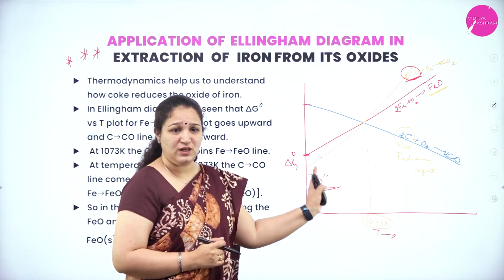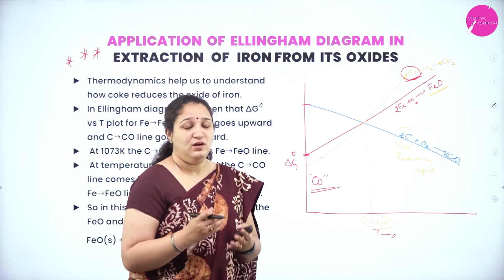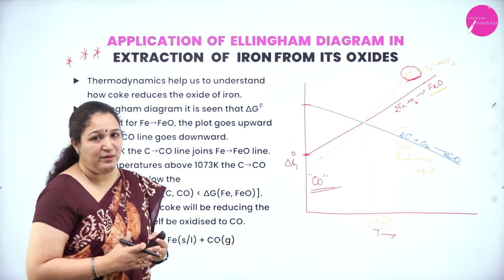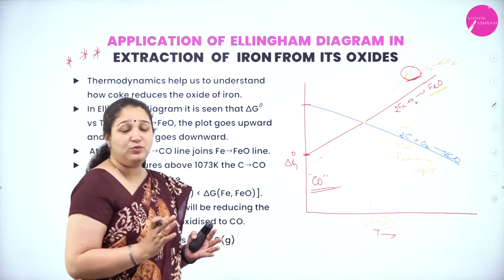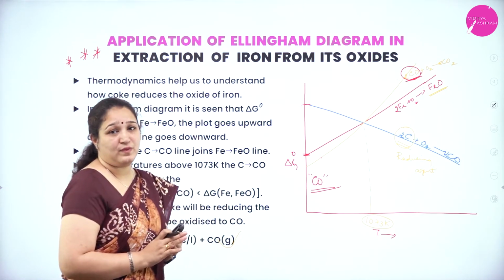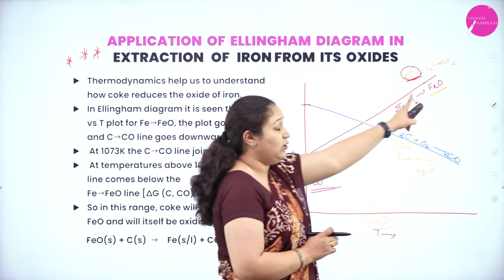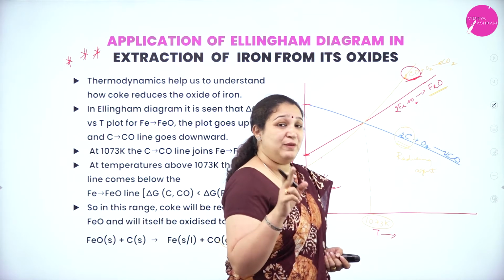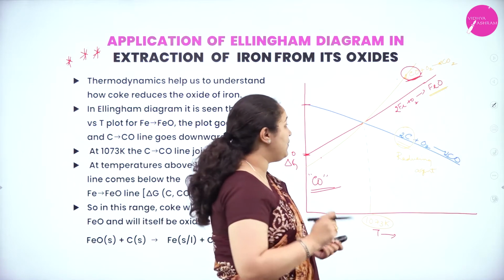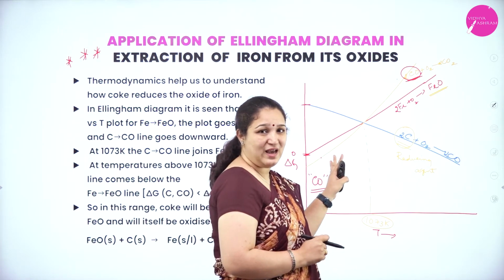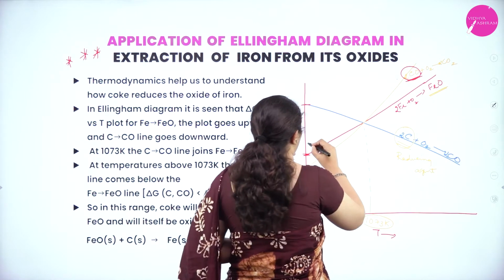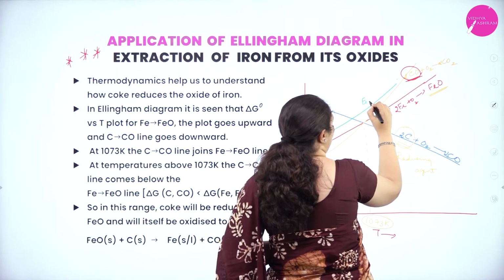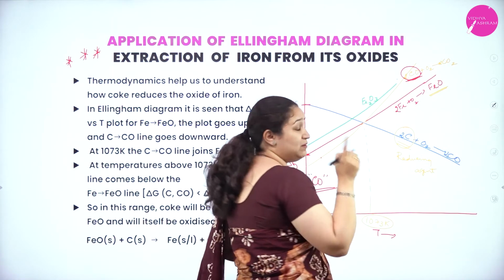That's the reason I have put the graph like this for you all in 3 different colors so that it is very, very clear in the Ellingham diagram. Also, there is one more line. Here it is FeO, where iron is in the +2 state. When Fe is in the +3 state, there is one more line which goes in the Ellingham diagram, and it is like this. This is for the formation of Fe2O3, where iron is in the +3 state.